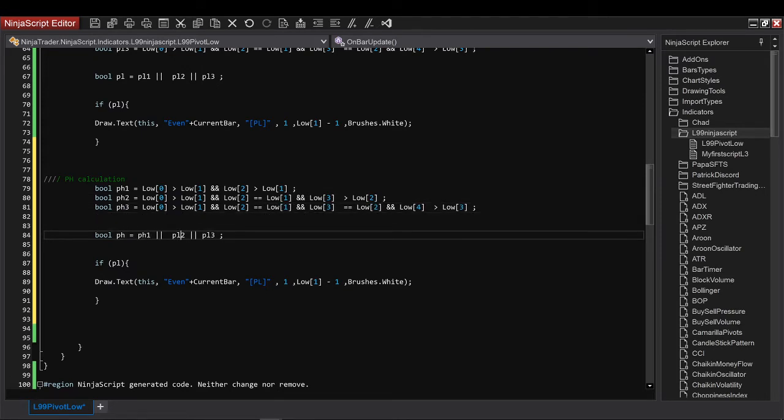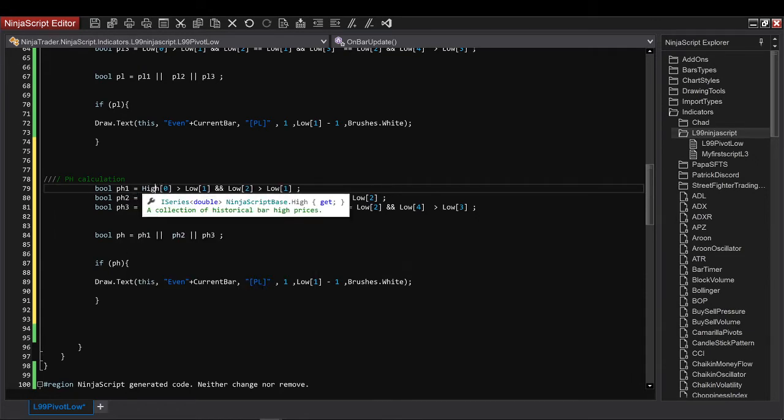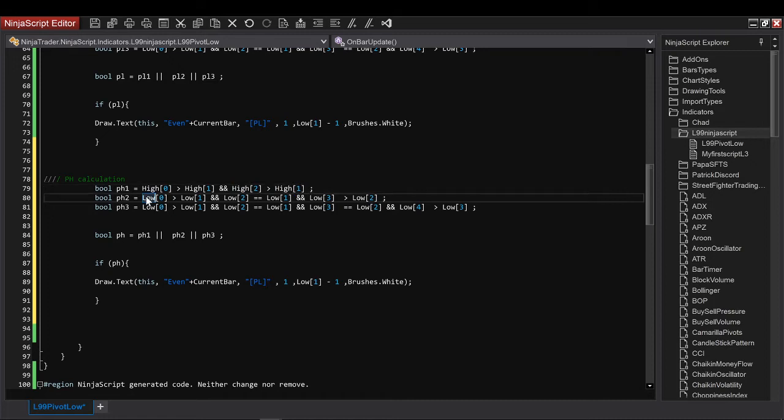ph3. Well, the definition will not be from the lows, but from the highs, right? And so I take this, I copy paste it everywhere. I could do replace in Sublime, but I'm lazy to do it.